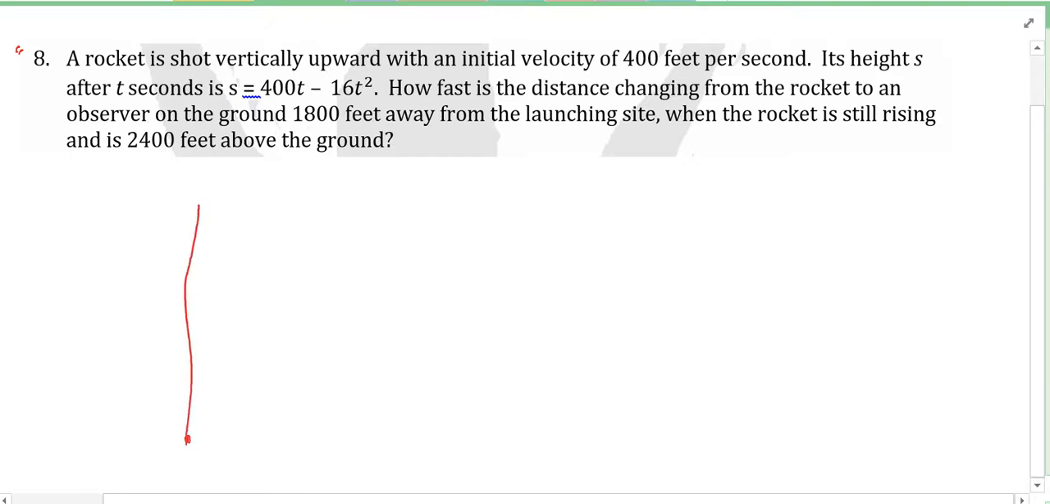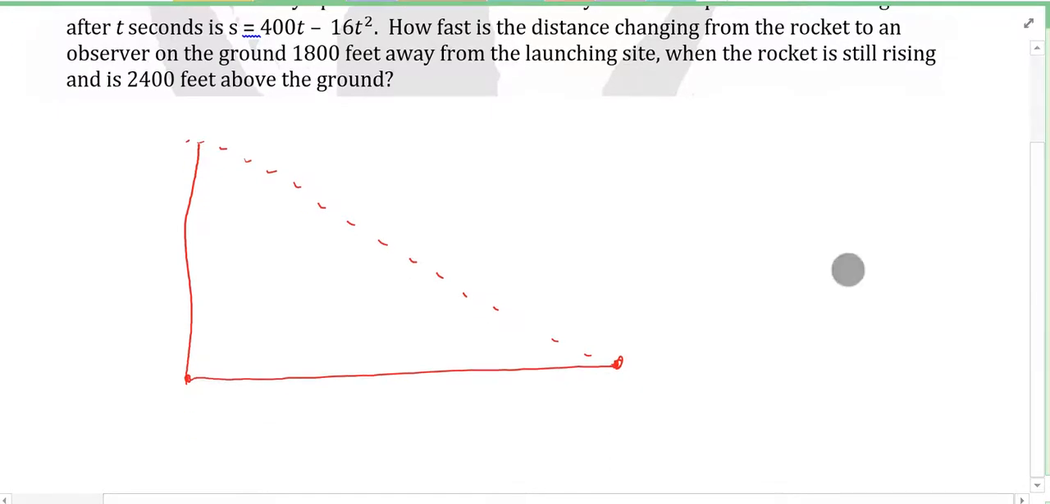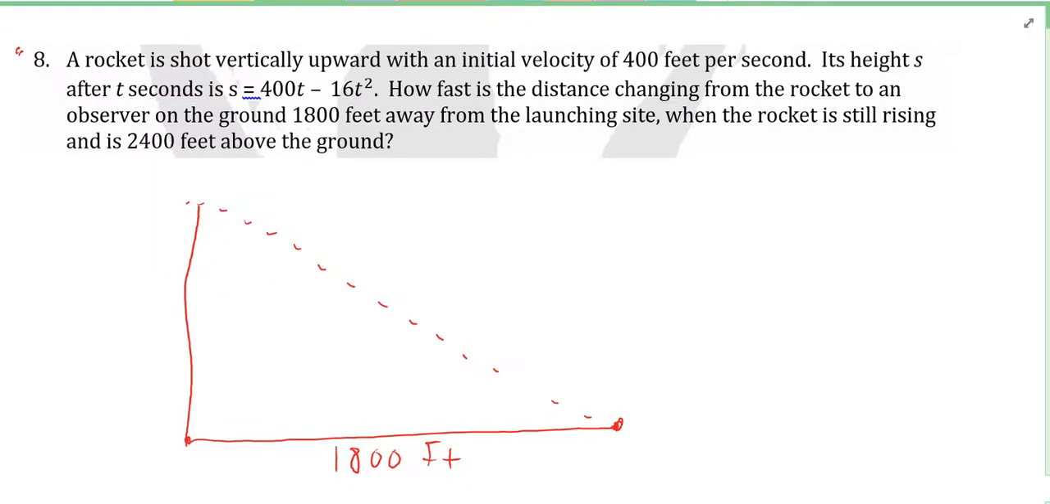All right. How fast is the distance changing from the rocket to an observer on the ground 1,800 feet away? So there's somebody way over here, watching the rocket go up into the air. Okay? And we know that he's 1,800 feet away, and that's not changing. The person's not moving. So this makes this 1,800 feet right here. All right? What is changing is the distance between the person and the rocket, which is the hypotenuse, which we'll